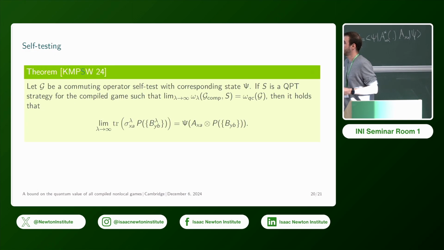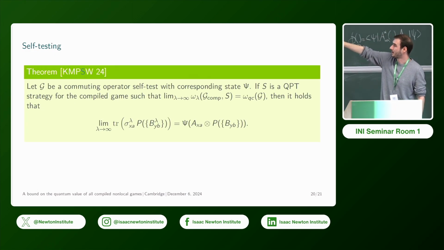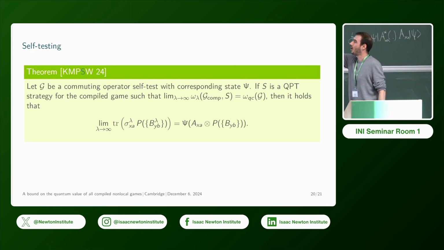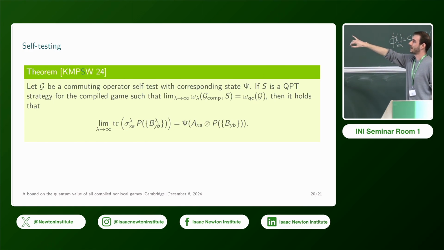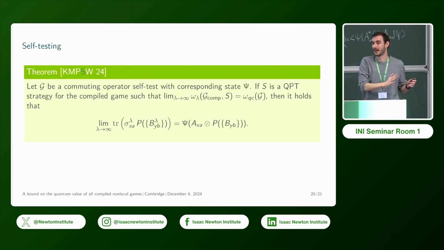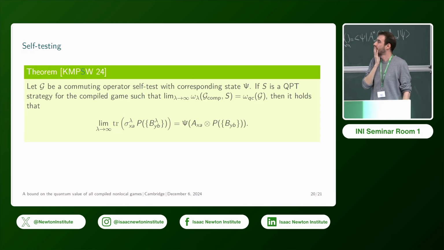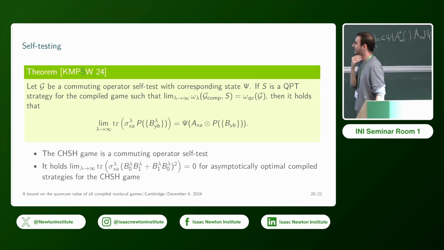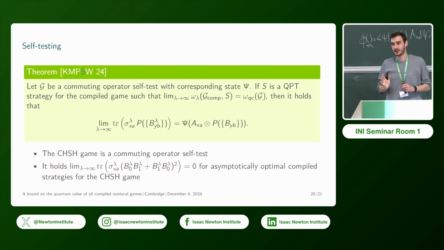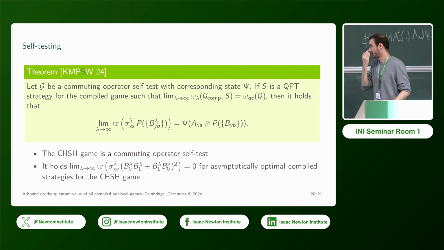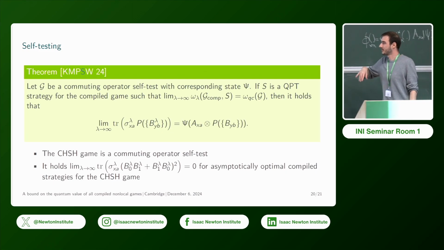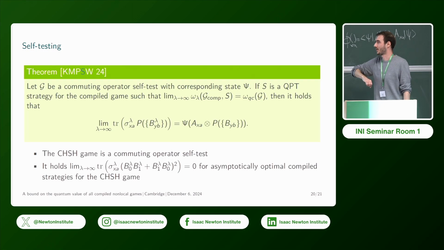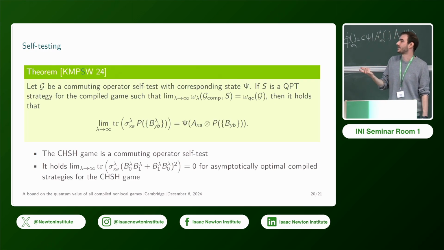And then we actually see that in the limit of the security parameter, the operators of Bob really behave the same as the operators of Bob in this unique state of the self-test. That sounds very abstract, maybe for now, but the good thing is, for example, the CHSH game, one of the simplest non-local games, is actually a commuting operator self-test. And maybe if you know something about the CHSH game or how the self-test works, then it usually says, okay, I have some